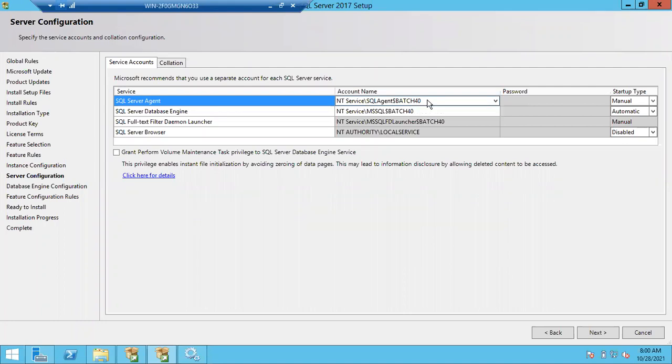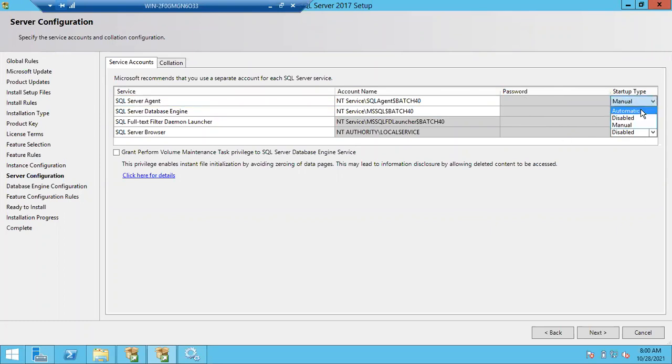I'll show you creating a user and making that user a service account. Nothing to worry. As of now, I'm installing with the default accounts. If you install with the default accounts, it won't ask for a password. If you create your own service account, it will ask for a password. That's why these password fields are grayed out. You cannot select this password section.